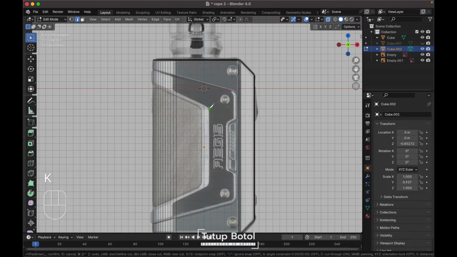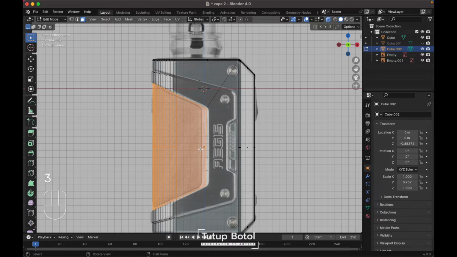K and C, click over here, move way up here, and hit the spacebar, press K again and C, click over here, go down over here, click here and move way over here, and spacebar. Go to the face mode by pressing 3 on your keyboard, select this face, press P, selection,